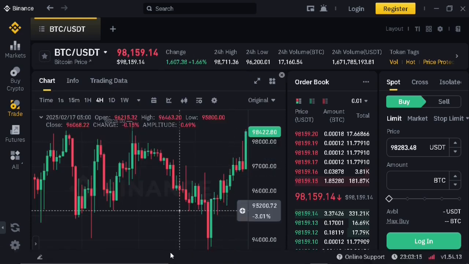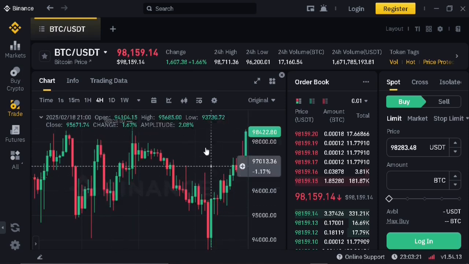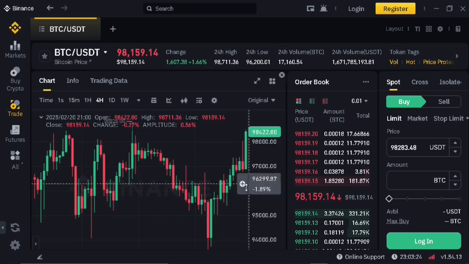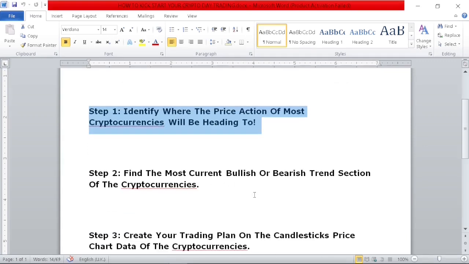For example, right now, as you can see on the candlestick price chart data, the latest 4 hours candlestick of the BTC USDT cryptocurrency is convincingly trading in a green candlestick. And that means you should go hunting for long trading opportunities in every cryptocurrency exchange. And now that we've identified where the price action of most cryptocurrencies will be heading to, the second step to